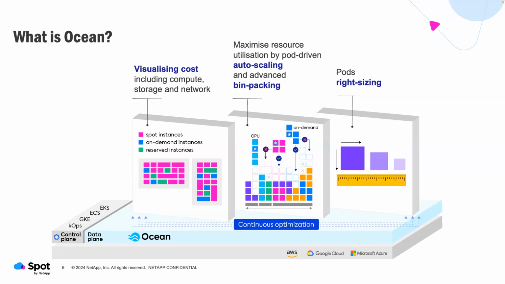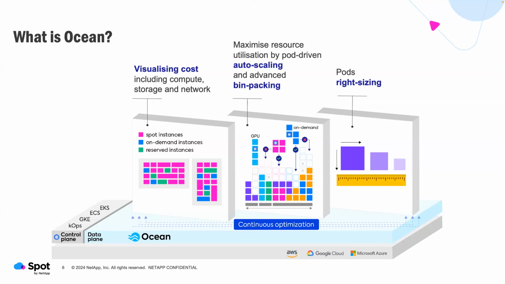Maximizing resource utilization by pod-driven auto-scaling. That's definitely a term that we come up with a lot through our solutions guides and product overviews. What that means is we want the auto-scaling actions to be driven by what the pods are actually requesting, which I'll jump into a bit more later on. Essentially, it's making sure that we're not just saying this is what we want a scaling action to be, as was decided 2 years ago by somebody who doesn't even work here anymore. That's what we're going to do forever. That's how you waste resources. That's how you waste money.